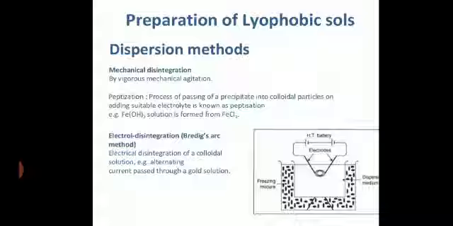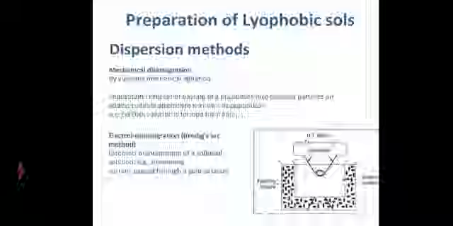Now you can see in this method we are taking a mixture of salt and water, known as freezing mixture, as you can see in the figure, and here we have taken a suitable dispersion medium. Let us say I have taken water in it, and here you can see two electrodes. Basically I take gold electrodes, if I want to prepare gold sol. First we pass electric current from a high tension battery.